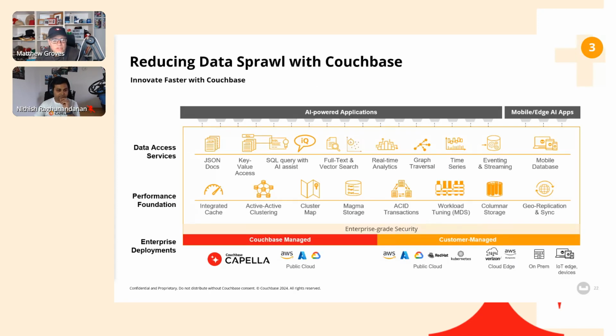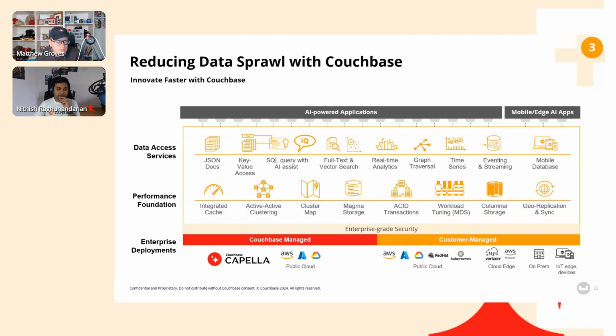So at Couchbase, we take an approach of having all these integrated capabilities that allow you to do all these different use cases with a single database. And this is helping to reduce something called data sprawl. You can see here on the screen, we've got a number of different use cases. We don't talk about all of these, right? We didn't talk about ACID transactions, but that's available in Couchbase. Caching is built into Couchbase.